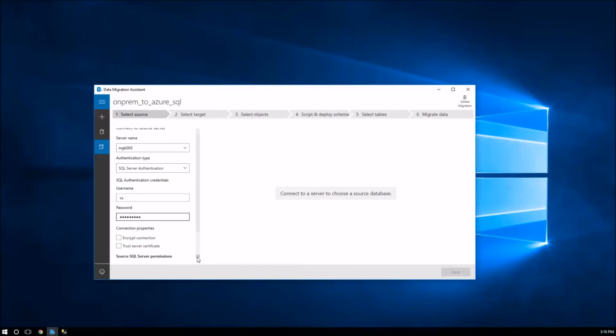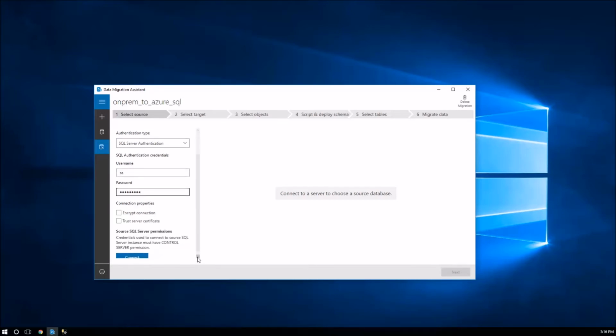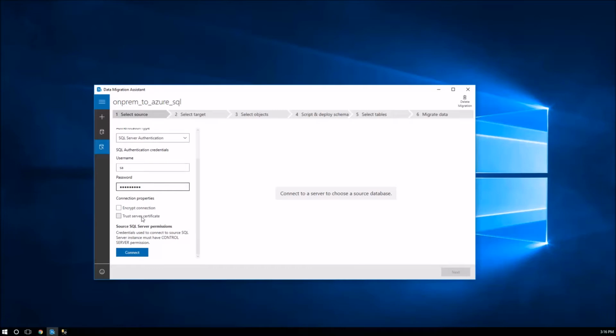To facilitate this, I'm not going to encrypt the connection, and I am going to basically not trust the server certificate. But if you have any concerns about security and transferring your data over the internet, you might want to enable or set up an encrypted connection, and certainly enable a trust on the server certificate itself. So I'm going to connect here,